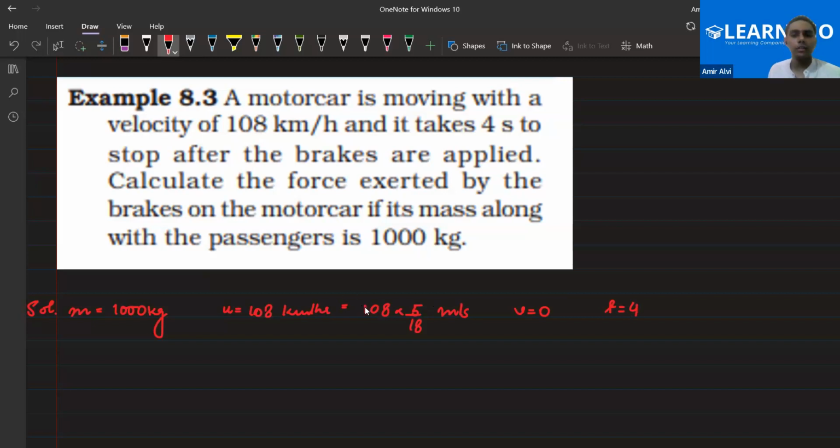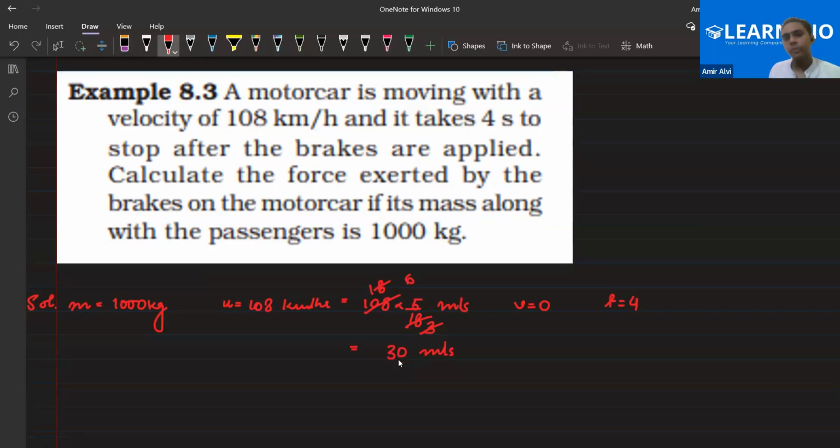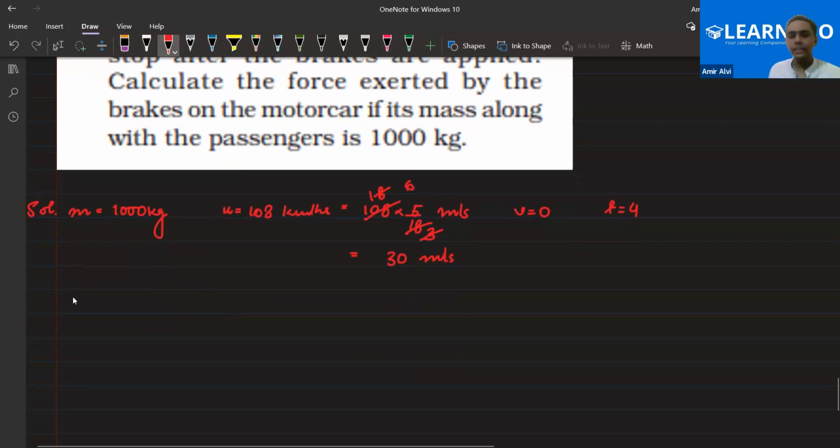अच्छा, इसको यहीं पे cancel करते देखते हैं. 3 और ये होगा 1 and 8 3 6 18. So 6 5 से 30 meter per second. ठीक है. So 30 meter per second is the initial velocity with which the motor car is running. Okay. So we have the mass, and I need the acceleration. You can see that the initial velocity, final velocity, and time are given, so the first equation of motion is completely of use.